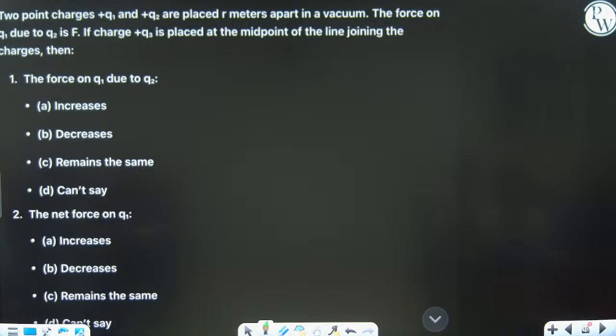For the first one, which is correct? C. Is C correct or not? Correct, very good. It will remain the same. Why will it remain the same, beta? Because the force between the two charges is not affected by the presence of any other charge. That is the first point of the superposition principle. Net force on Q1 will